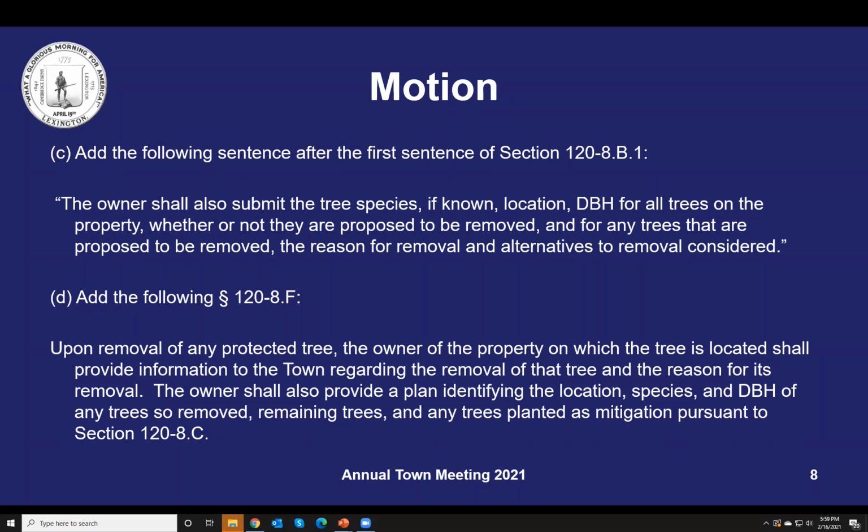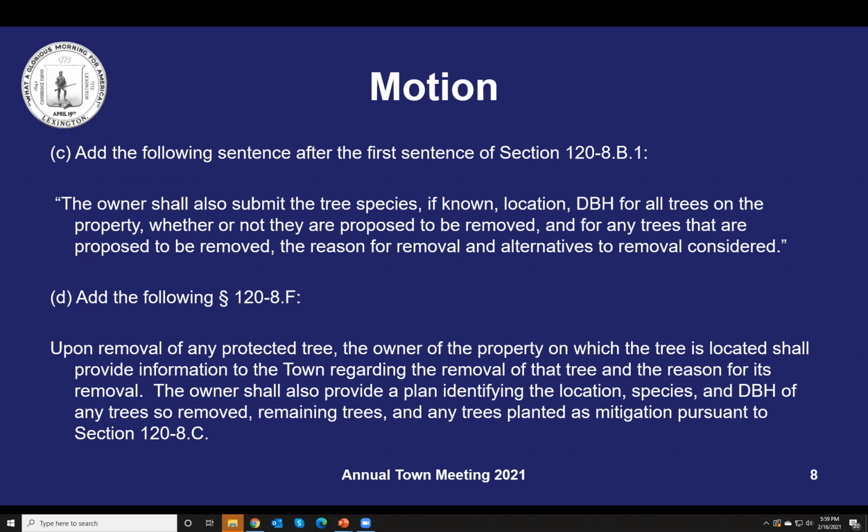And then at the end of the process, the post-construction as-built phase, this section D, upon removal of any protected tree, the owner of the property on which the tree is located shall provide information to the town regarding the removal of that tree and the reasons for its removal. The owner shall also provide a plan identifying the location, species, and DBH of any trees so removed, remaining trees, and any trees planted as mitigation pursuant to section